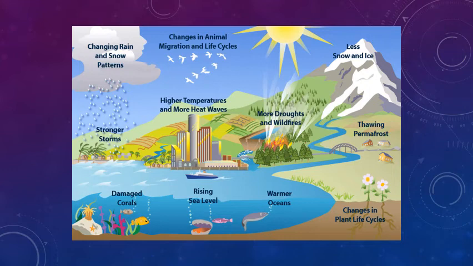So, we all know that the ozone layer screens out more than 99% of the incoming solar radiation. Ultraviolet radiations of these wavelengths are harmful to most forms of terrestrial life. So, because of the global warming, what is happening is that there will be a rise in the sea level.